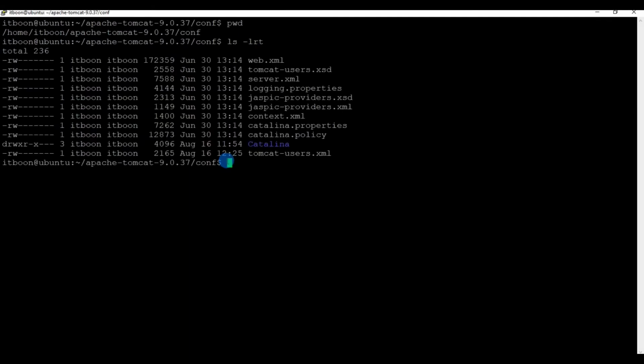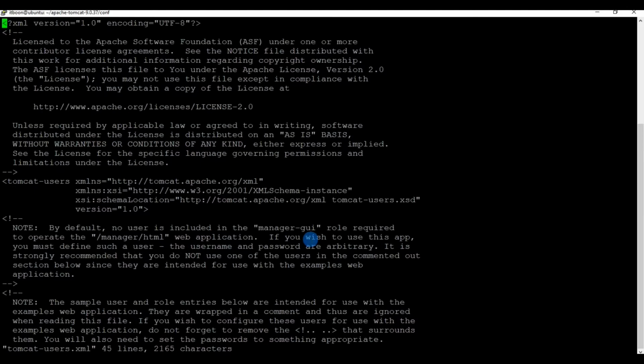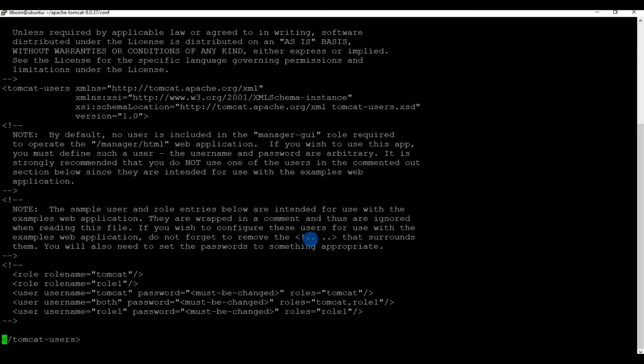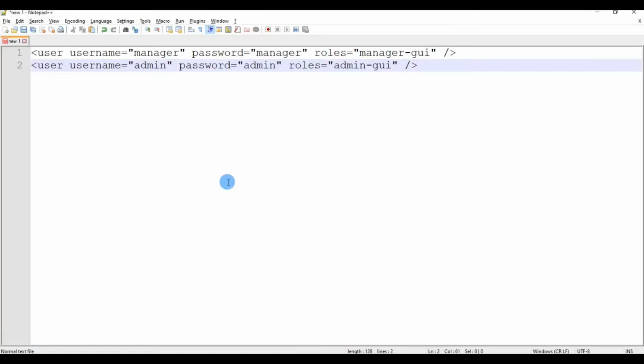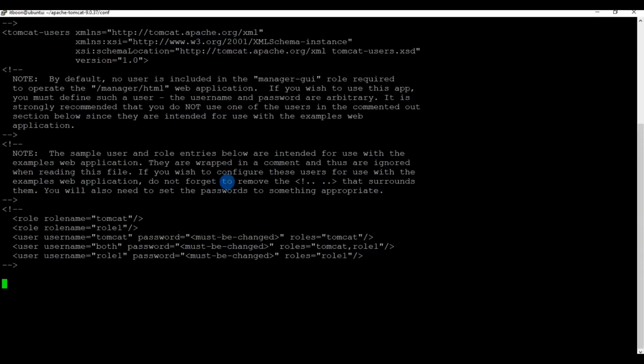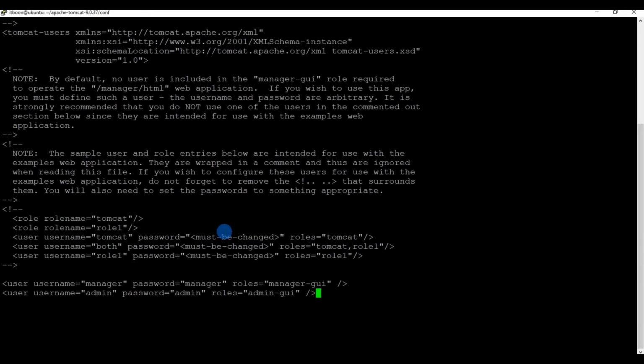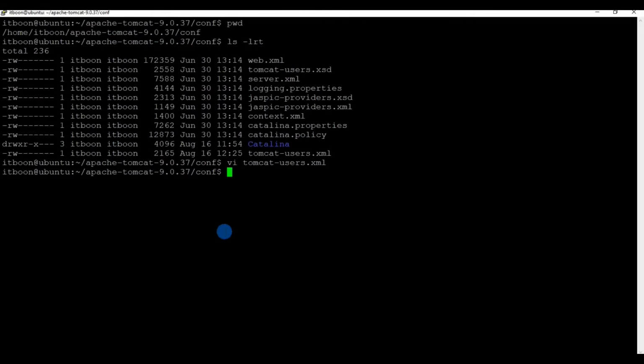So just go back to the server and the conf directory. There is a file tomcat-users.xml. Just edit that file and add the user details here. At the bottom we have to add the user details. See, there is an example also given just above my cursor. So similarly we have to configure the admin and manager user IDs. So I have the entries. I just added them here. Just save the file. Now we need to restart Tomcat to reflect these changes.